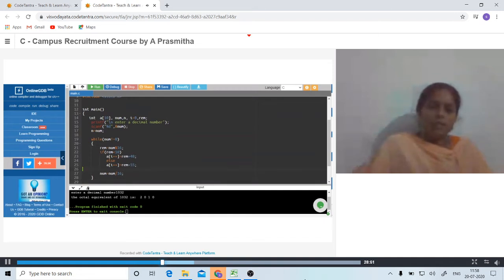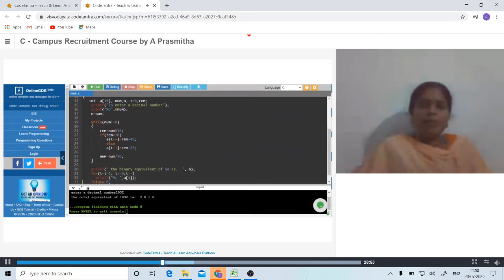So once it is done, we are going to print the hexadecimal equivalent of N. We are printing it as a character so we can get the answer. So now I am going to give the input.